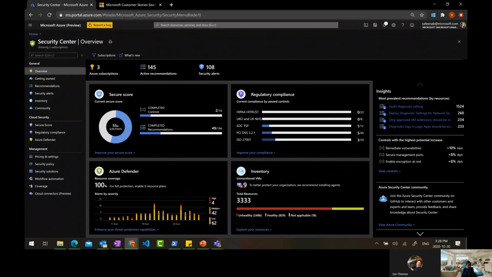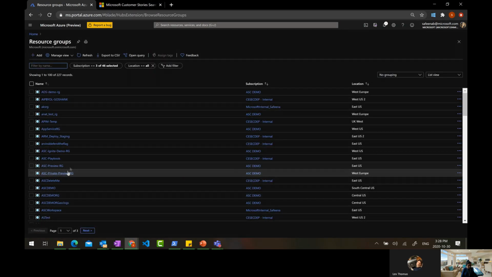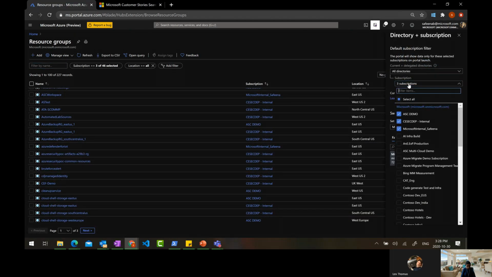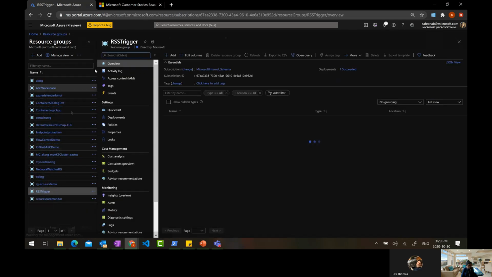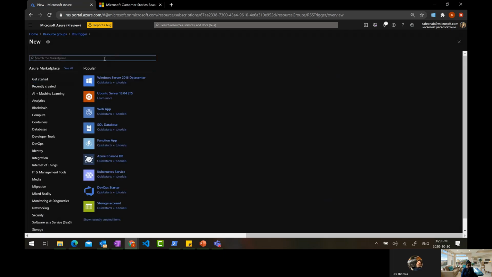Okay, so I'm going to go back here to the resource groups. In order to save time, I already have the resource group populated, but I haven't created the logic app as such because I wanted to create it now. So RSS trigger is the resource group that I want to use for this specific demo. As you see, this is just a resource group that I have created, but I don't have a logic app here yet. So when I click on add, go to the marketplace and search for logic app,